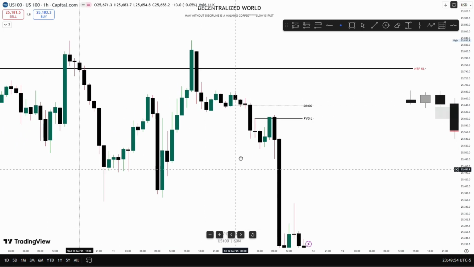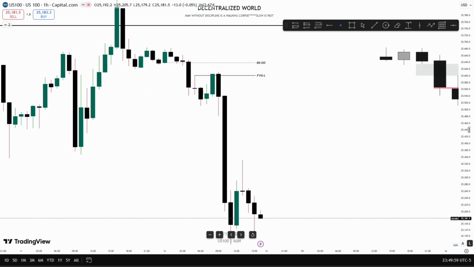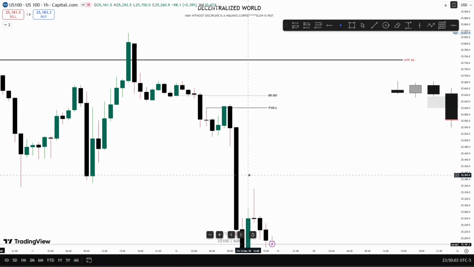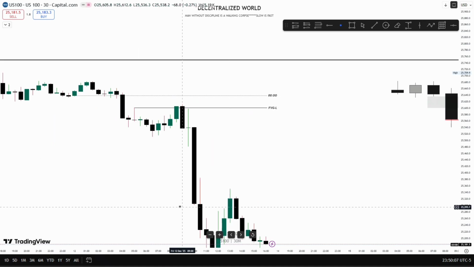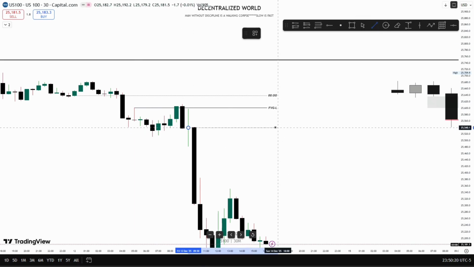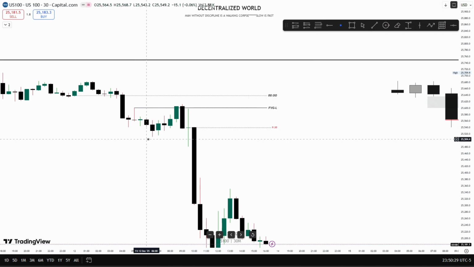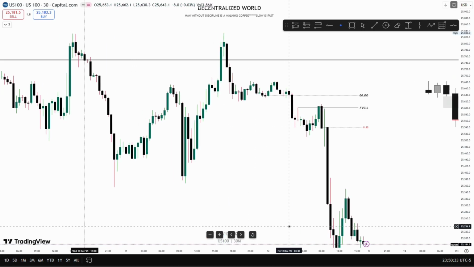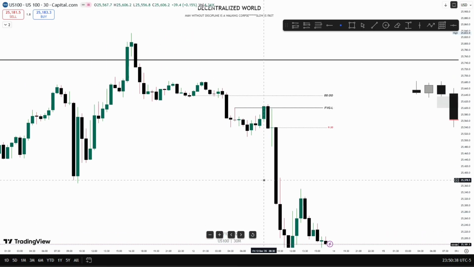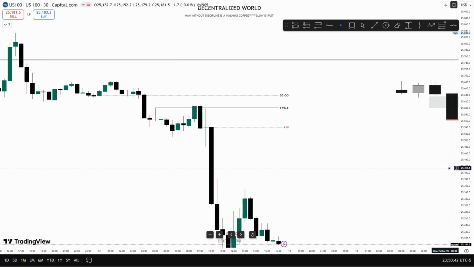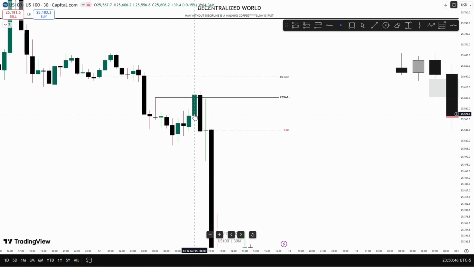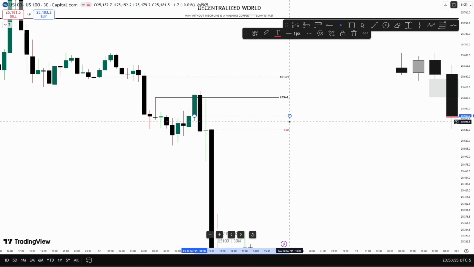So that's actually it. So we have the fair value gap. So this fair value gap is serving as another key level that I'm going to be using, right? So then price displaced and then I was waiting for my 9:30 because I'm not going to do anything until 9:30. So then 9:30 gave me what I needed, right? So then I know that price is going to then drop. So we had a nice run and then a nice run on the opposing side, and then price tends to drop,